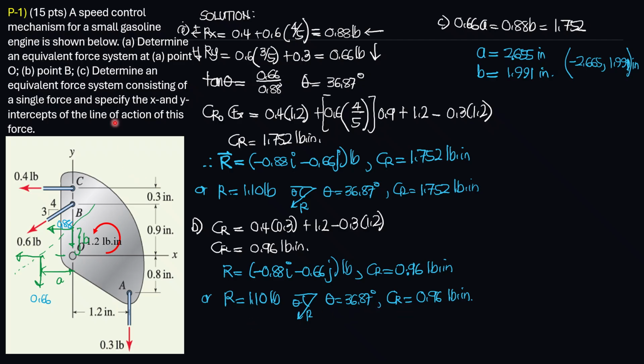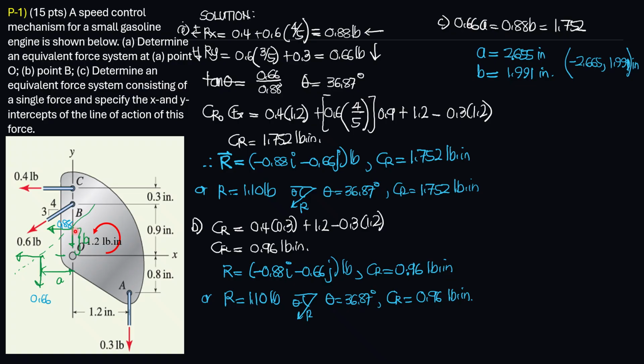For the next question about x and y intercepts, since the resultant is directed down to the left and its moment about O is counterclockwise, this should be the position or line of action of the resultant. When the resultant is here, the vertical component has moment. This is 0.88. The horizontal component has no moment about O, just this 0.66, and its moment is counterclockwise. And A should be to the left of the origin, so it should be negative. So 0.66 times A